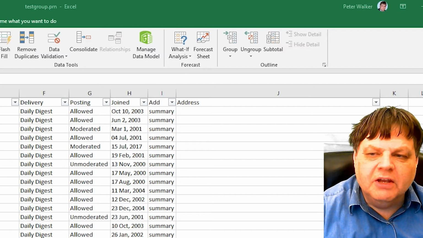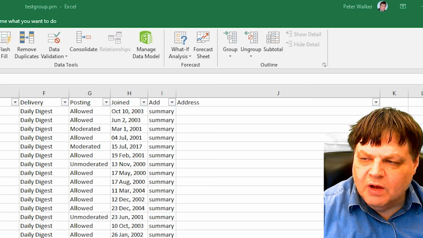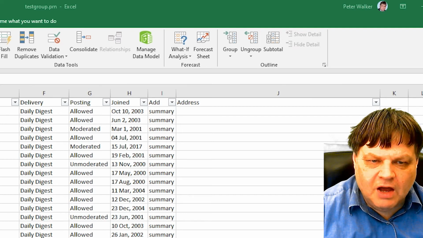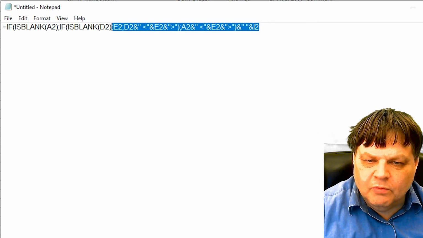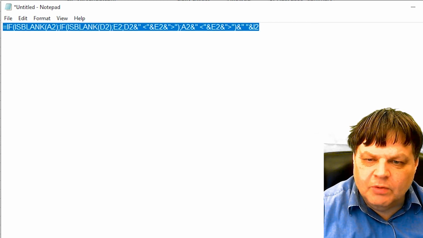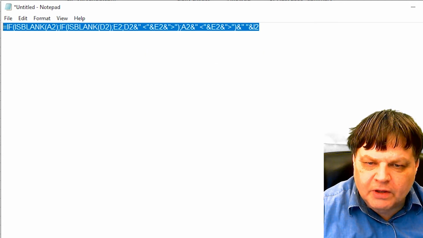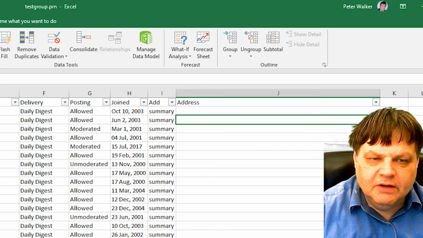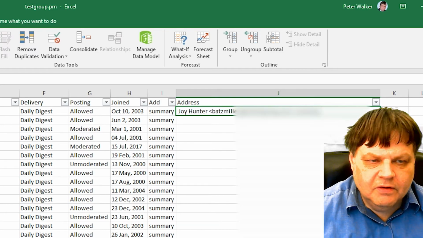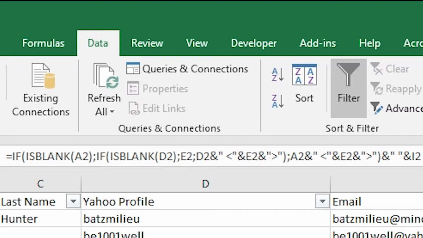the kind of line you need for Groups.io. Now, I've made it easy for you. I've prepared a formula which will make it easy. This formula you'll find in the description below. Copy the formula. You type this into the address. This is for line 2, and I've entered it. Now you see the formula is at the top here,